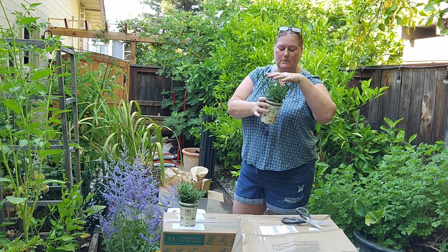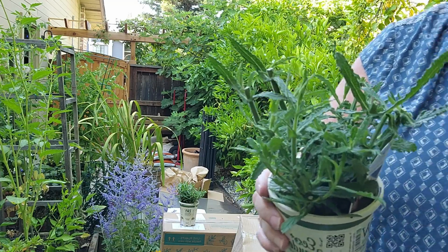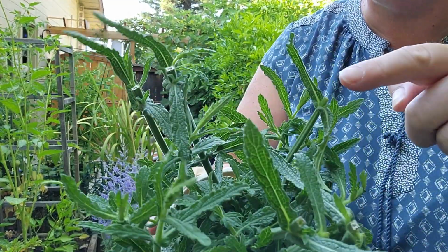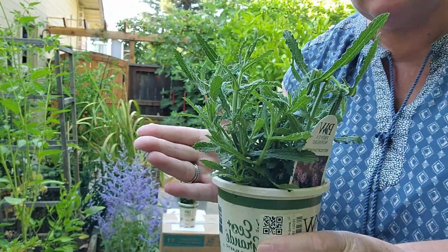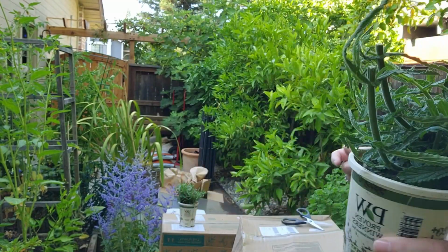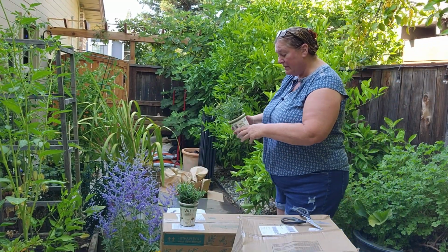So that is true. That's why this is pretty small, and maybe you can see they've just cut all of the main stalks down here so that it's a small plant, and it can settle in, because you want the energy to go to the roots when you plant and settle in better. Both of these have